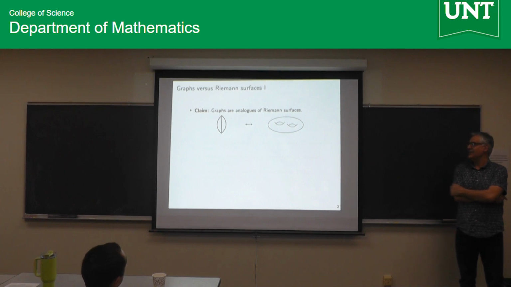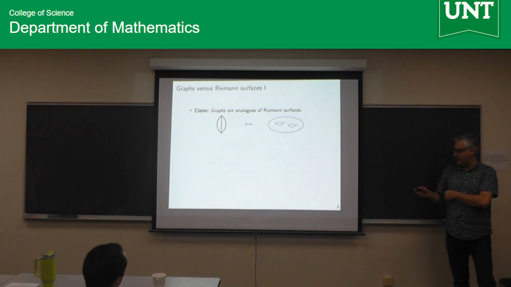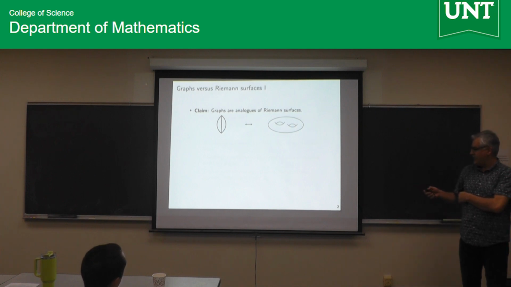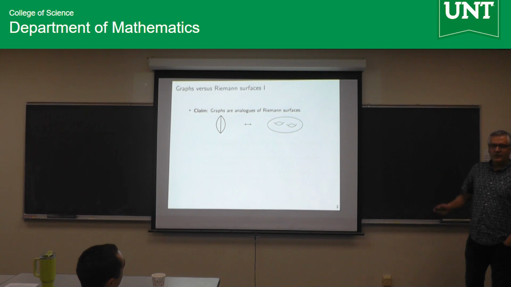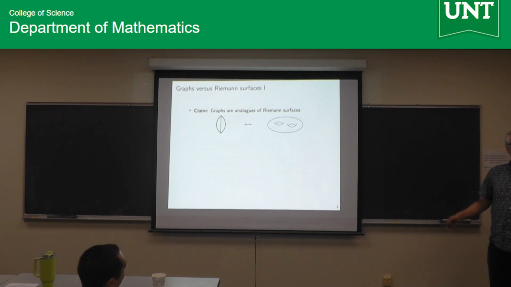in two stages. Graphs are analogues of Riemann surfaces. By graph, I'll be a little bit more precise about what I mean, but I'm thinking of something like a one-dimensional CW complex-ish. I'm not going to really use the definition of Riemann surface. Think about pretzels, but they're not topological only. They have complex structures, and they're more rich than just a donut.